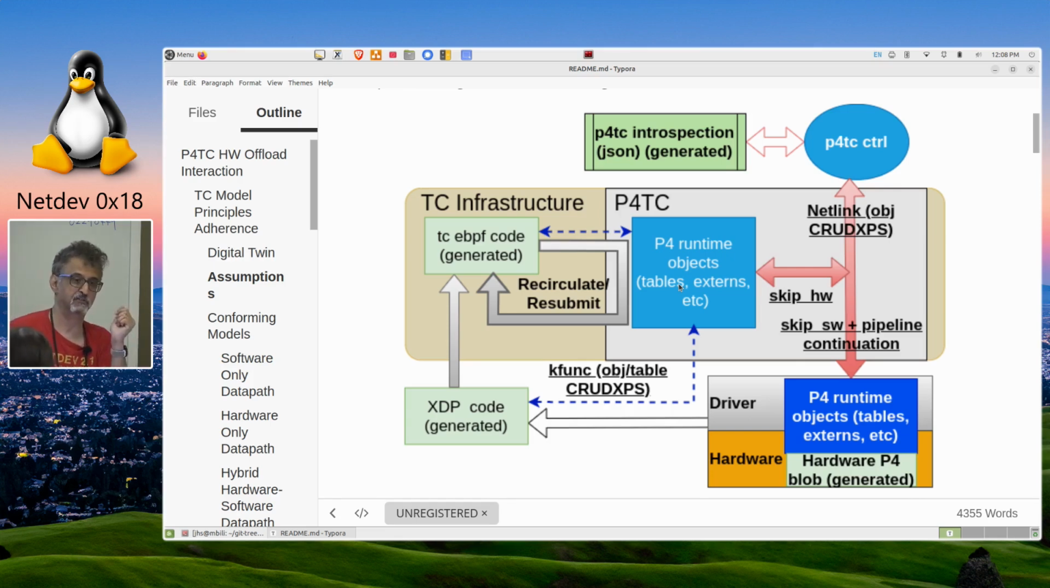Those can also be used as classification input. The table, the control plane is capable of updating. When you're only running software data path, it's only updating the semantics that exist in TC already. You say skip hardware, then it updates only semantics for software data path. You say skip software, then it updates the hardware. And there's mechanisms where you can say, try to offload first, and if you fail, as a best effort, put